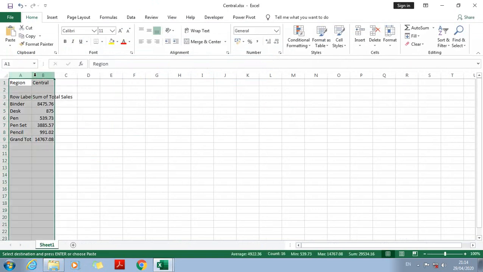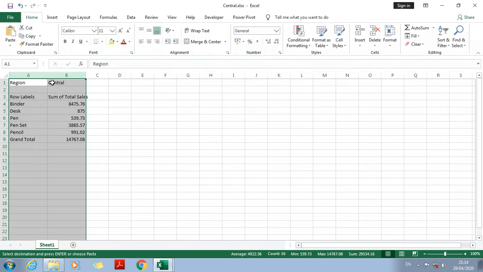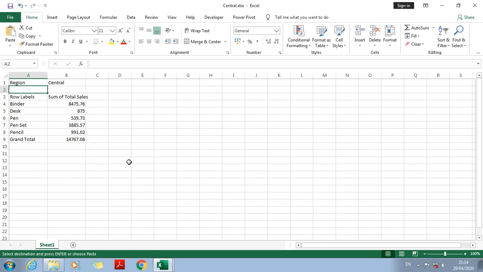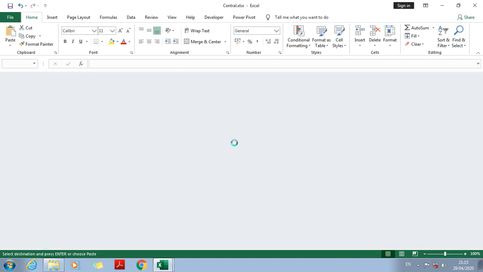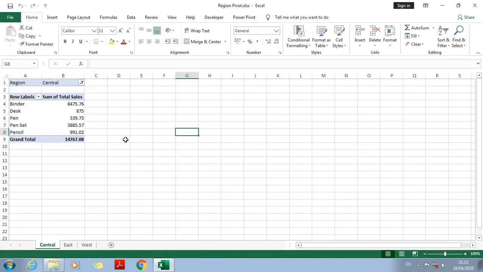We want separate sheets per region like this. But imagine there are 100 regions in your country or in your sales domain, so doing this one by one for all the sheets will be quite a tedious task. So I have a simple option for you. Instead of doing it like this, you can program a little VBA code to do the same task. It is not that hard to learn VBA, but somewhere you have to start. So I will show you one example today.